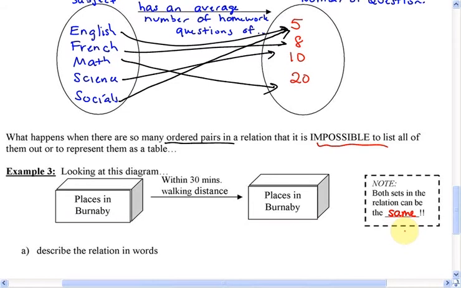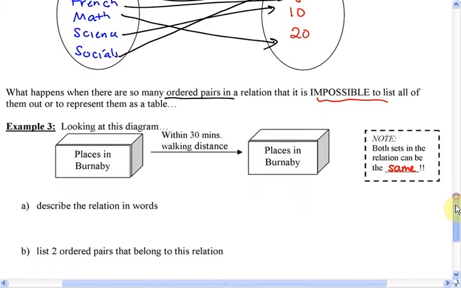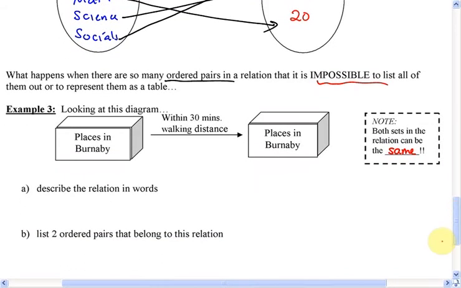Well, let's first of all describe this relation in words, and then we'll think of some examples to hopefully make this make more sense to you. So what is this relation in words? Well, I'm looking at associating places in Burnaby that are 30 minutes walking distance within other places in Burnaby. So let me write this down. I'll say this relation shows, and once again I'll use those same words, the association